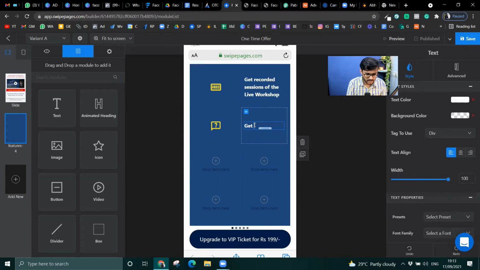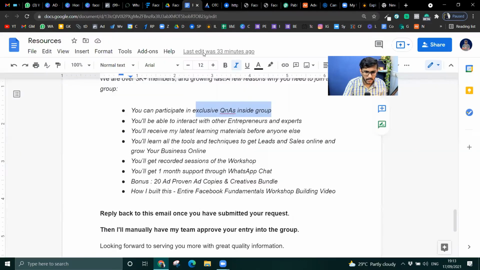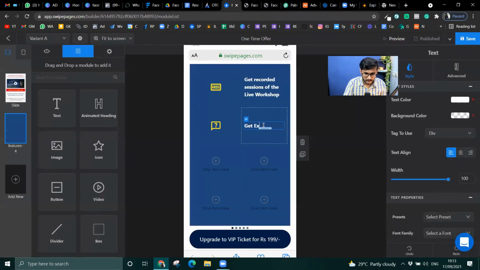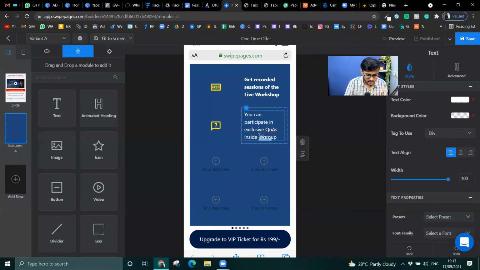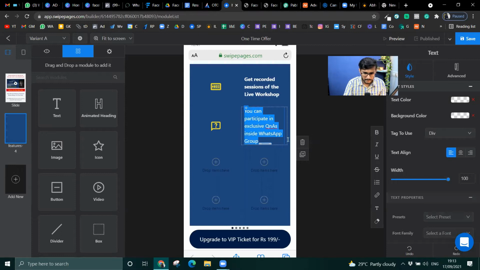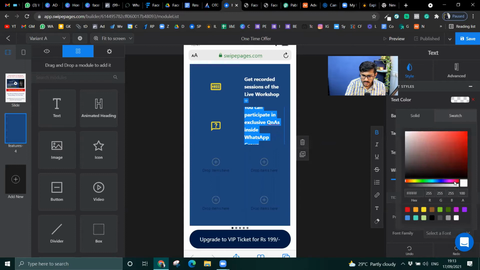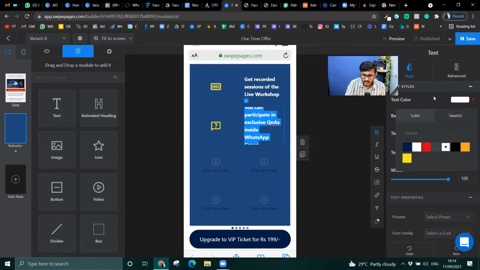Get Q&As inside WhatsApp group. And then text color is white, swatch white.